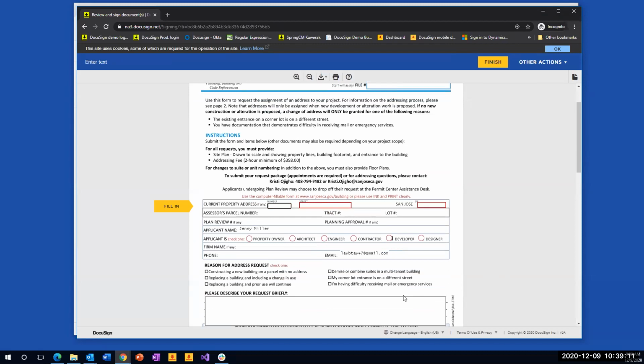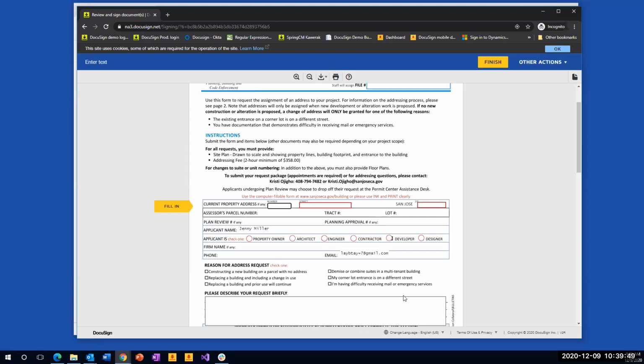Jenny can go in and fill in this form and basically do the same thing as you have seen during the first demonstration, but this time accessing it via a URL using our PowerForm feature, making this a self-service mechanism. All right. Okay, so that's all the demonstration that I have planned for you all today. And let me hand it back to the panelists for the next stage of today's webinar.